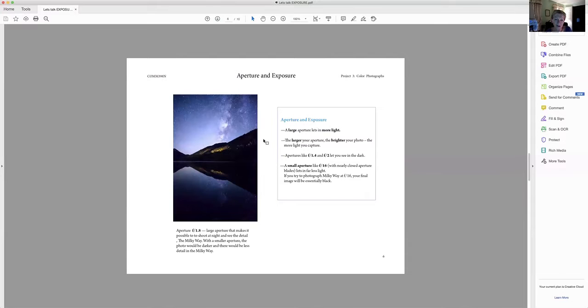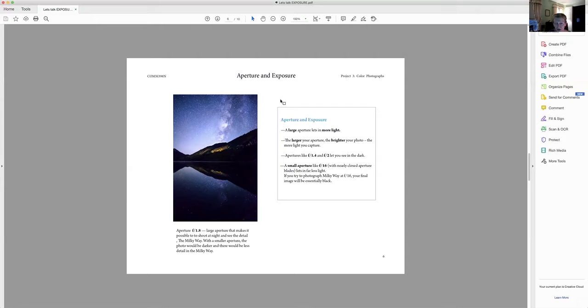And so aperture is good for regulating the light, so the exposure, the brightness of your camera, but it's also used when you want to